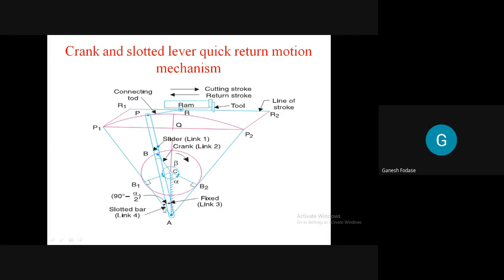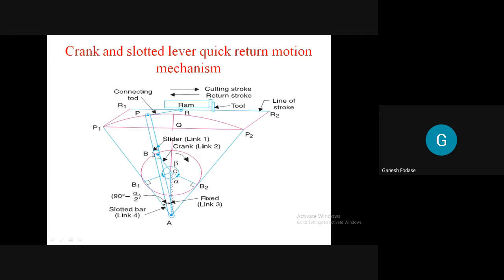Now, the intermediate position is shown in this case. So you can see A, C, B, P, R is the intermediate position. Now let's say we rotate this crank in the opposite direction, retract it back, and it moves from B to B1. Now this crank is at B1. When the crank is at B1, what happens? The slider will move inside. You can see this crank makes a complete rotation. The slider will slide inside this frame. So when the crank is moving from B to B1, the slider will also move.